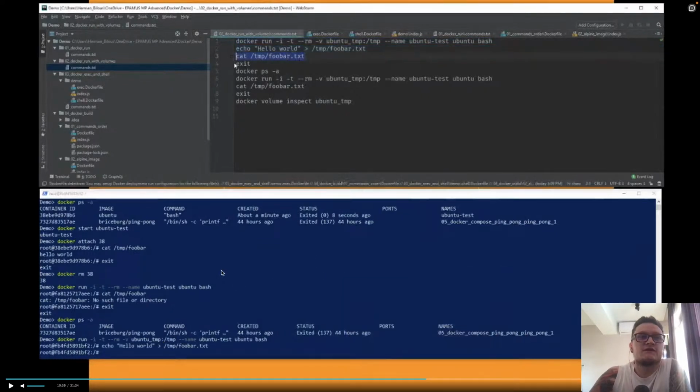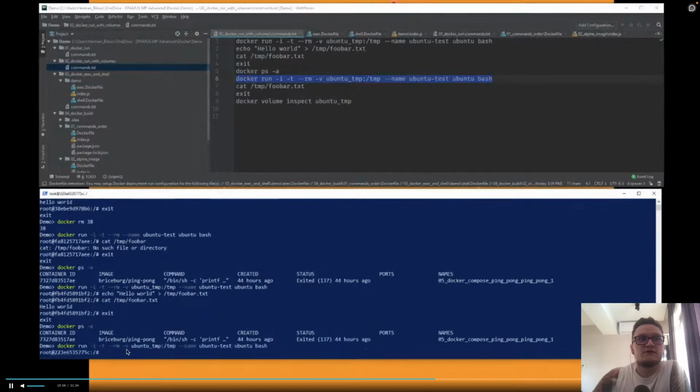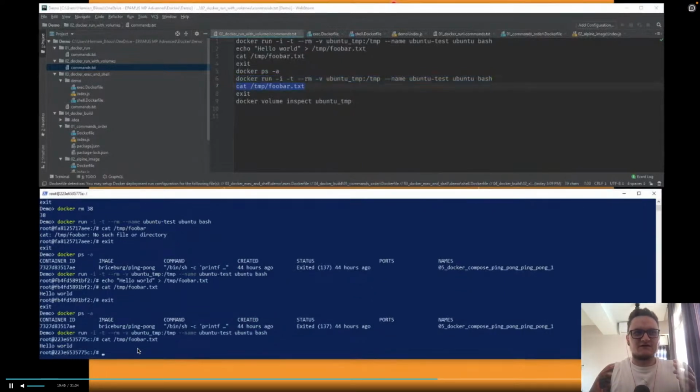And here he will just run the same thing again. He will create a new file with hello world inside it, and he will remove the Docker container, but because he created it with a volume, when he restarts the container, the files will be here. So he is running the container again with the same volume. What he is doing right now is creating a completely new container, but he uses the volume which was created before. He created a small system, and he used the volume, and you can see that the files are inside the volume.